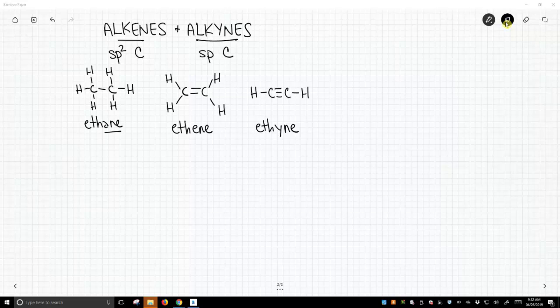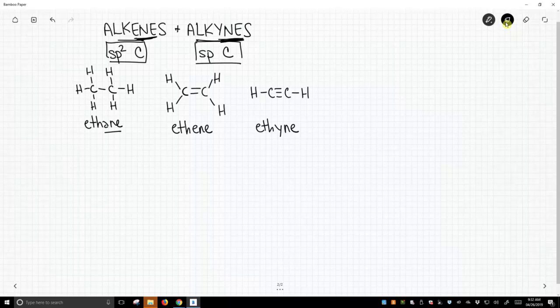So in the previous video we talked about alkanes. These are hydrocarbon molecules that contain sp3 hybridized carbons. Now we're going to move on to alkenes and alkynes, and these contain sp2 and sp hybridized carbons respectively. So for alkenes, note that we changed the suffix. They're no longer alkanes, they're alkenes. And then we'll go to alkynes as well, indicating that we have sp2 hybridized carbons and sp hybridized